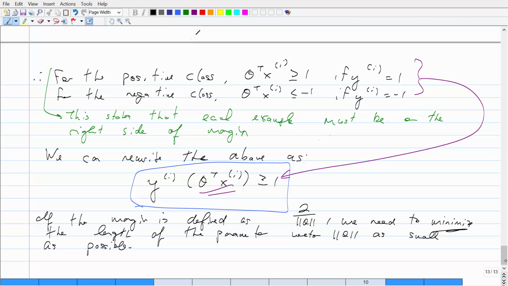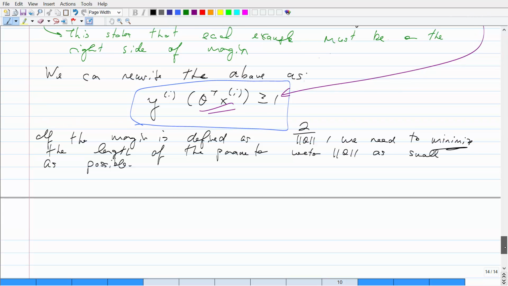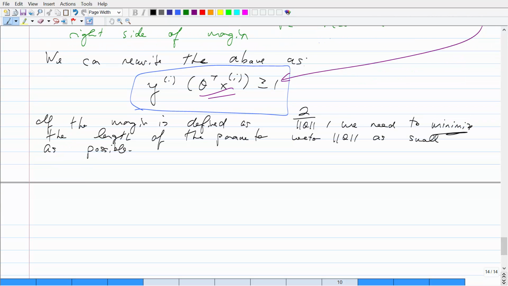Okay, so that is our objective here. We need to make this length as small as possible if you want to increase the margin to be as large as possible to separate between the two classes. It's a large margin classifier. Okay, so therefore the cost function